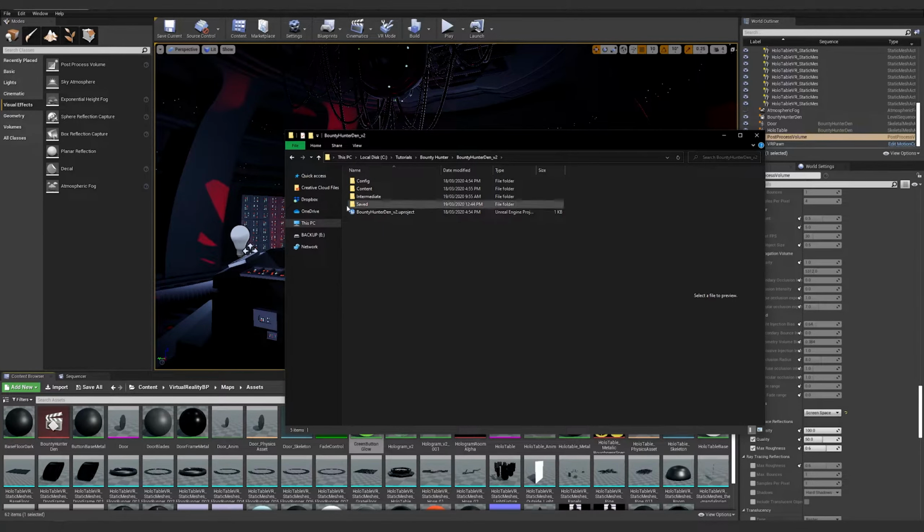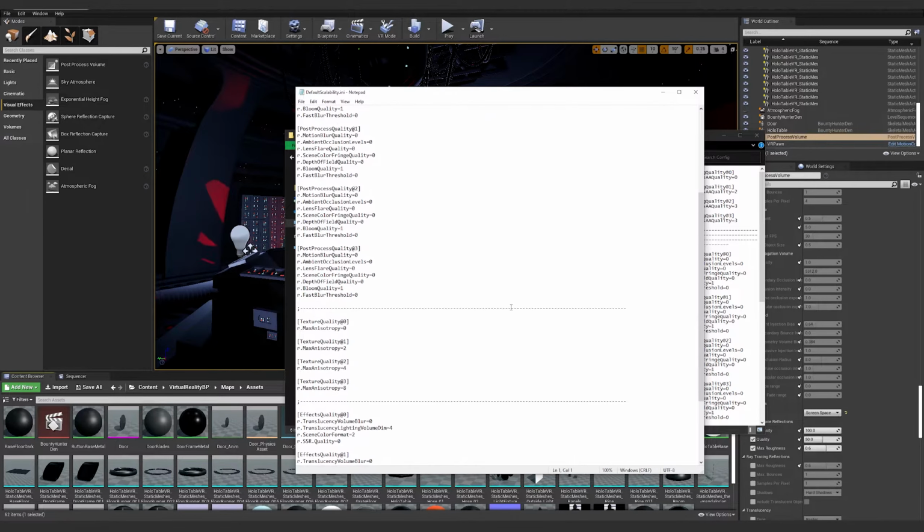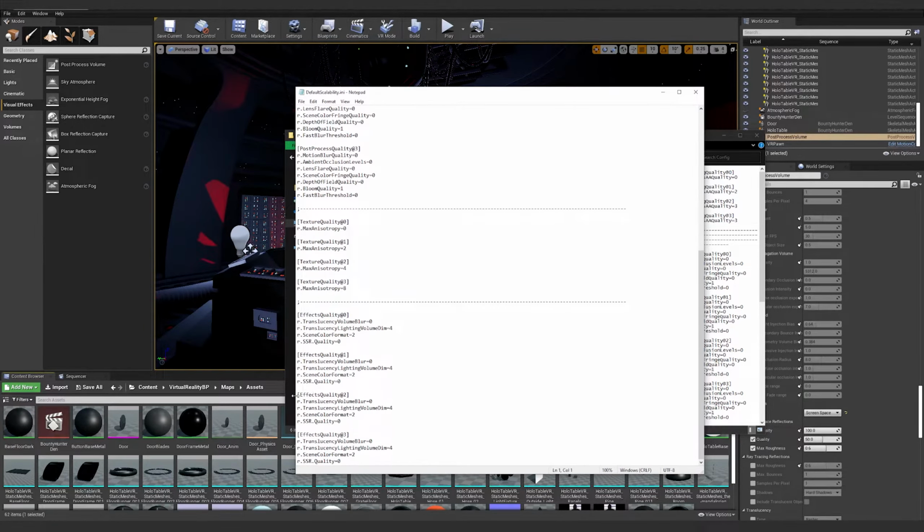Okay, so when I go to the project directory for my project, there's a little folder here called config. If I go into that, we've got a lot of different files, and these are pretty much just text files. They're INI files, which are for configuration. If I go to the scalability one, if I click on it and open with just something like Notepad, a basic text editor, you can see it's got a bunch of settings in here that are kind of pre-saved. And right here, SSR.quality is set to 0 for each of the effects quality levels, okay? And what we want to do is just change that to 1. So if I go 1 on each of these, just manually in the text editor,